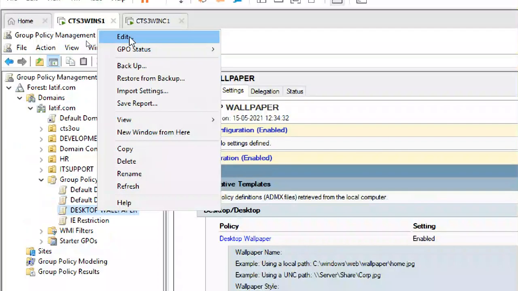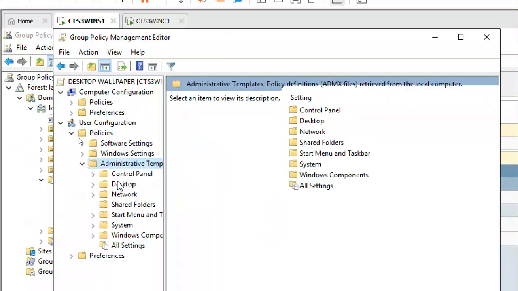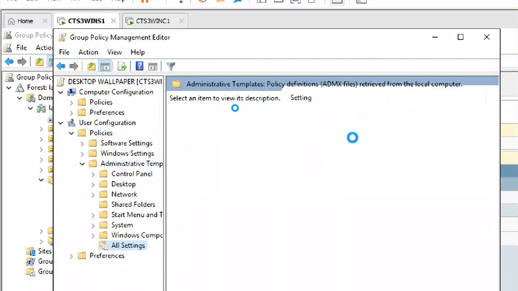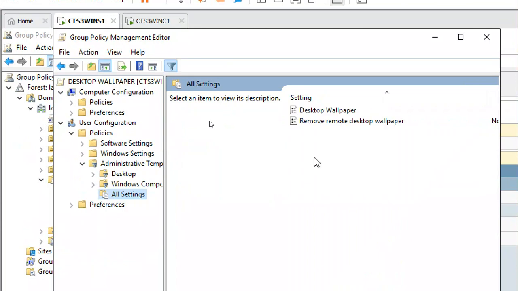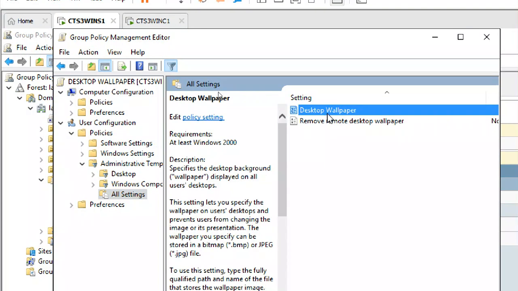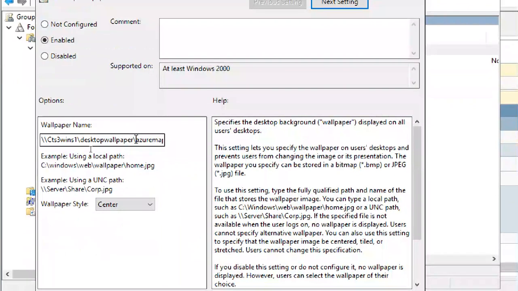Okay, I'm going to edit. Go to filter on. Desktop wallpaper is directly there. So because of the filter options, desktop wallpaper. So instead of this, I'll give cloud.